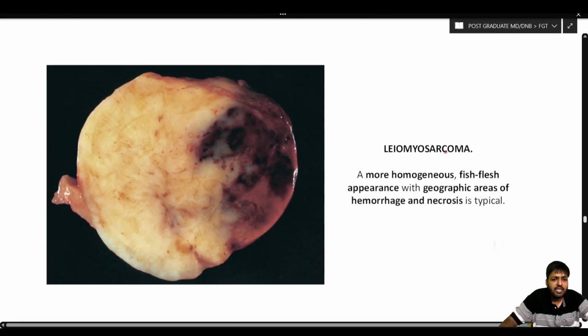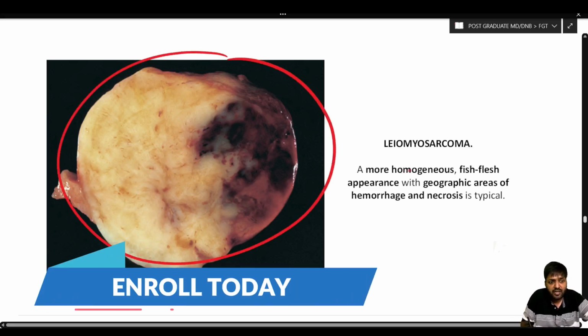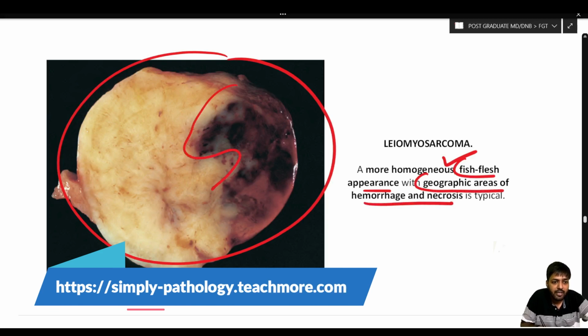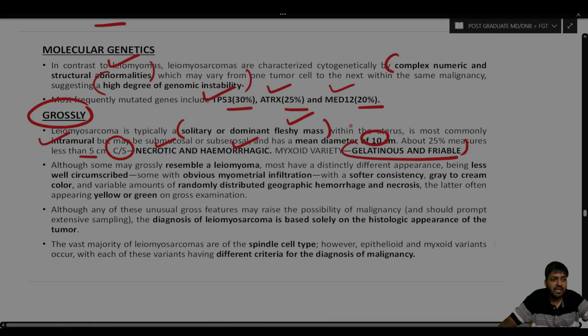So let me just show you this particular diagram. This is the characteristic leiomyosarcoma as we can appreciate. It has a characteristic fish flesh appearance as with any mesenchymal tumor, and they show geographical areas of hemorrhage and necrosis as we can appreciate over here. Now, although some